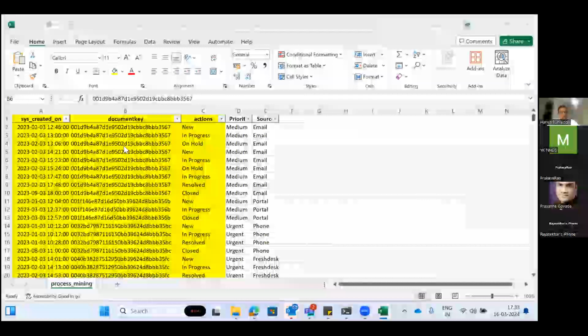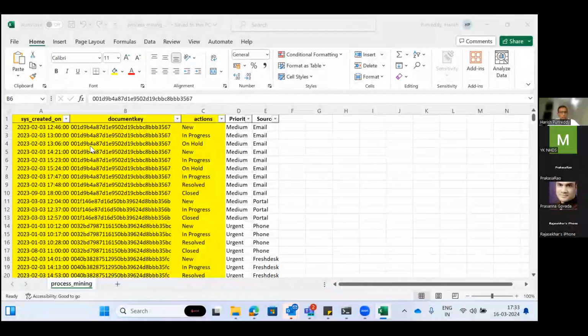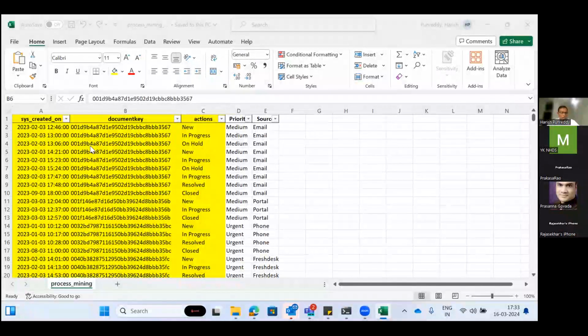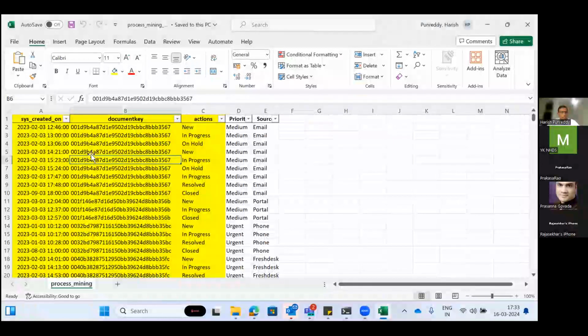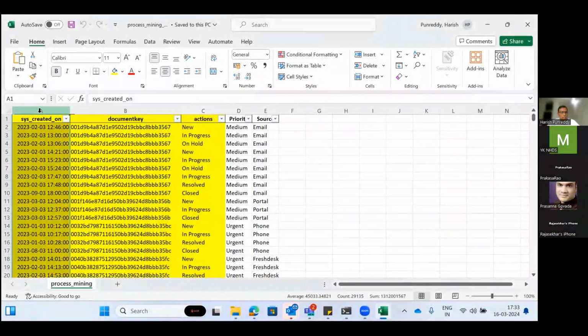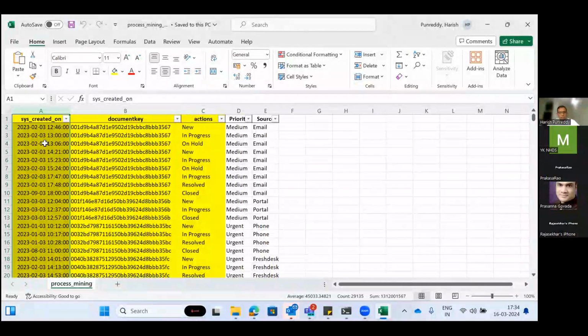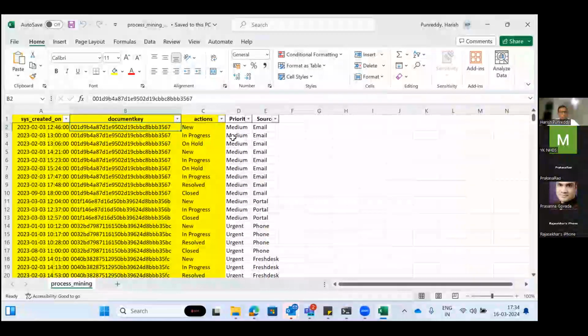So basically, when we are talking about this process mining tool, whether it is Celonis or something related to Microsoft, or there are many other things that are available. Even ServiceNow also has process mining built into it, in the latest version. So within ServiceNow we have data where it captures by event.